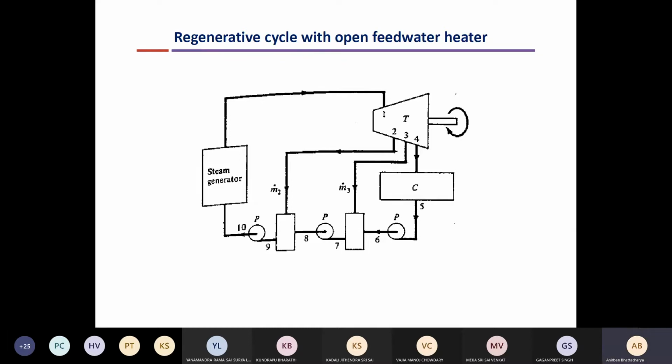So there can be more than 2 stages. Here the diagram shows 2 stages, but there can be 4 or 5 stages also. Okay. So small stages, and by this point you know the approximate pressure at which steam is extracted for each of the feed water heaters. Okay. So we divide the entire temperature range into equal divisions, and for each temperature the corresponding saturation pressure is the pressure of the feed water heater that we have seen from the optimization study. So this is the open type of feed water heater.